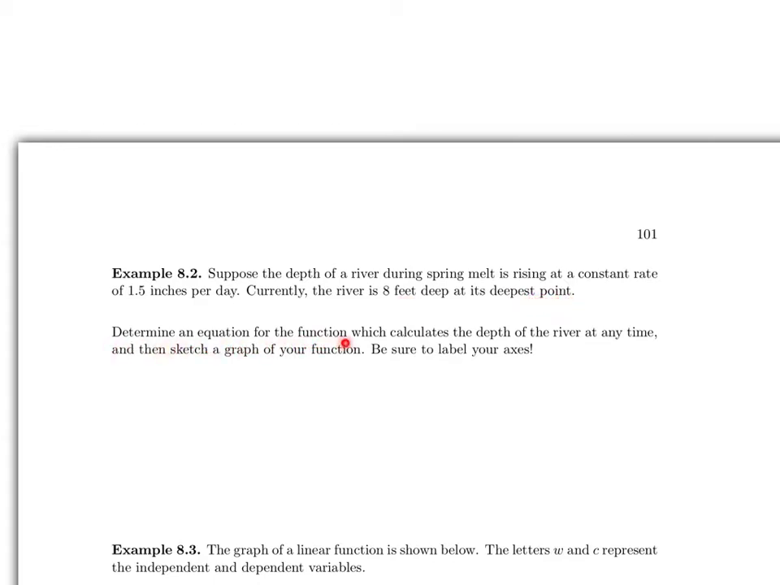Determine an equation for the function that calculates the depth of the river at any time, and then sketch a graph of your function. Be sure to label your axes. So we want to find an equation for this function. Every function has two variables, an input variable and an output variable. For us, it's time measured in days since the present day, and the depth of the river measured in inches, say. So let's let t